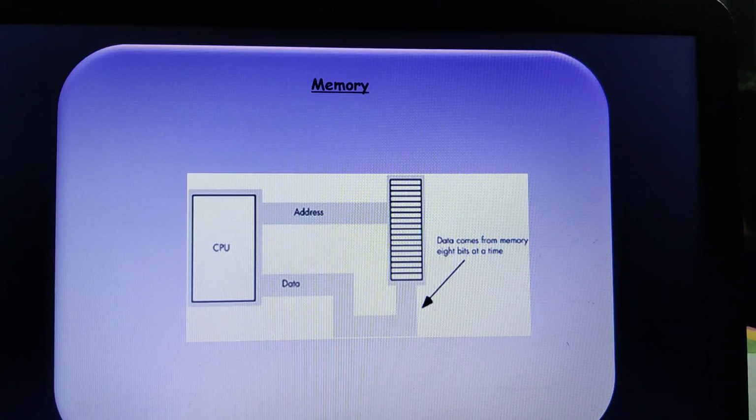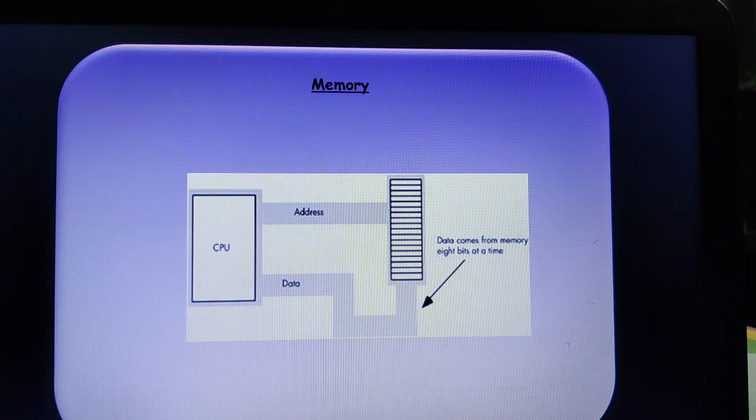So I have seen three kinds of buses under the system bus. The first one was the data bus. The data bus provides the pathway to transfer the data and instructions among the different components, mainly between the CPU and the memory, as we have studied in the case of the system bus. Here the greater the speed, the greater the data transfer rate, so the width of the bus also affects the speed of the computer.